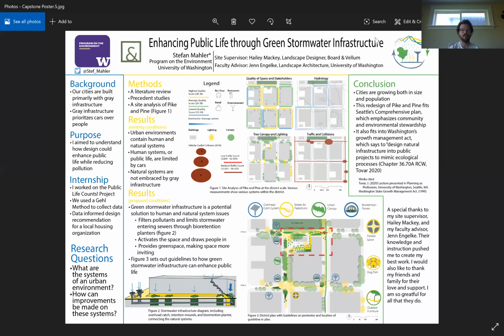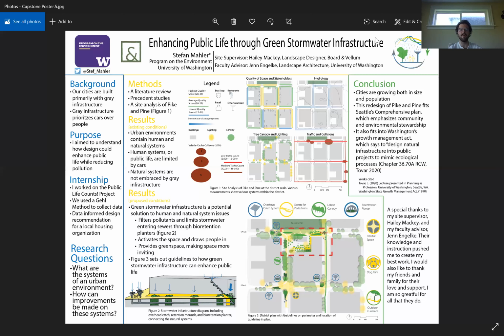Activating the space, or making it accessible to the people, is an important part of the design process because it ensures that people are able to connect to the space, creating a sense of place. Green stormwater infrastructure, as the name suggests, also increases green space through trees and planters, which has been shown to improve one's feelings towards a space. In Figure 3, I depict 7 guidelines for the urban environment, which both creates green stormwater infrastructure and activates the space to enhance public life.